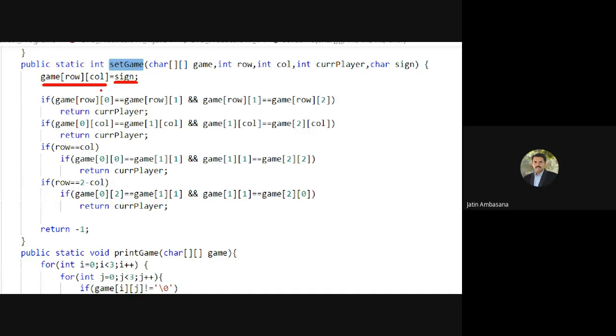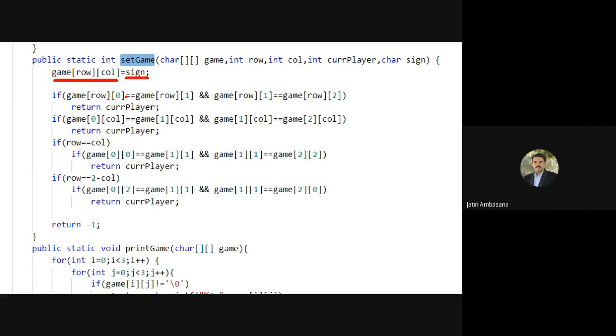Once that sign has been put into that game array, it means the user's move has been done.